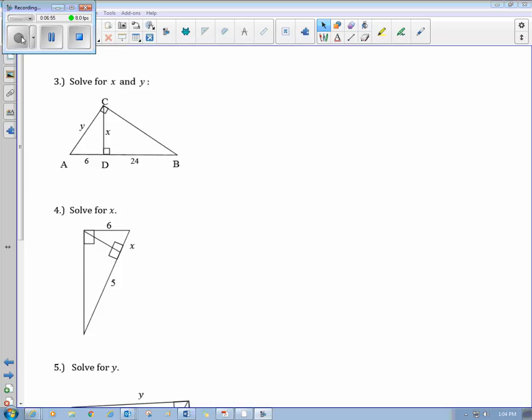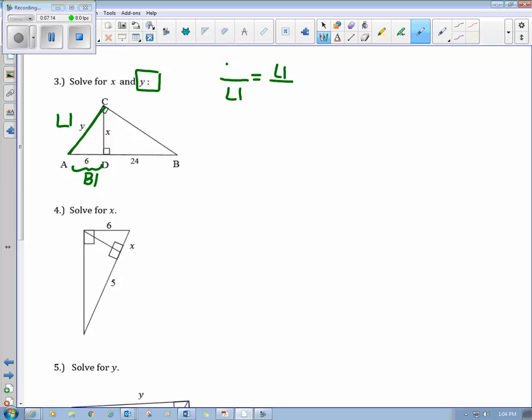For question 3, notice that there's 2 altitudes that we're dealing with. For this particular question, I'm only going to focus on y as being our altitude. Notice that this is leg 1, this is bottom 1, and if I use my formula that uses leg 1, I have to have hypotenuse and bottom 1. This is one of the places where you want to make sure you're paying very close attention, because when you start to substitute in, you have to make sure you're catching the whole hypotenuse across from this right angle, and this whole hypotenuse is 30. So when I put that in here, 30,